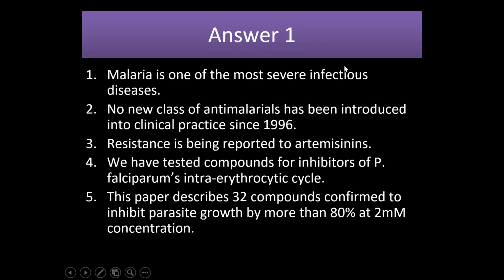But if you put it in a logical sequence, like malaria is one of the most severe infectious diseases, no new class of antimalarials have been introduced into the clinical practice since 1996. Resistance is being reported to artemisinins. We have tested compounds for inhibitors, and so this paper describes 32 compounds confirmed to inhibit parasite growth. So as you can see, it's more logical and interesting to read. So I really suggest all of you to keep these points in mind when you write your